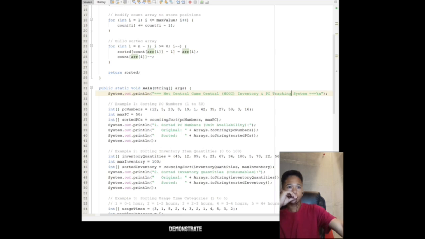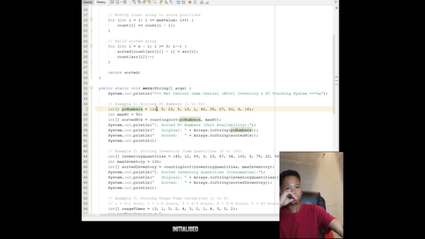Next we demonstrate counting sort with actual sample data. Here is the actual data of PC unit numbers, with the max PC value of 50 as the range, and then the initialization of the sorted PC array using counting sort.